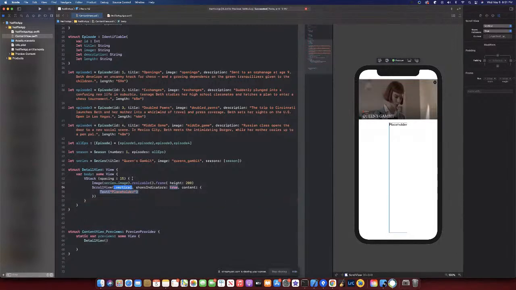So what we're going to have over here is that we want this to be a vertical scroll view because we're actually going to be scrolling up and down. So we have it vertical. We don't really want the indicator on the side to be showing. So I'm just going to do false over here. And then next, we have our content that we're actually going to be placing within the specific